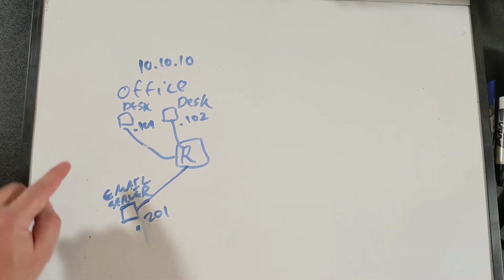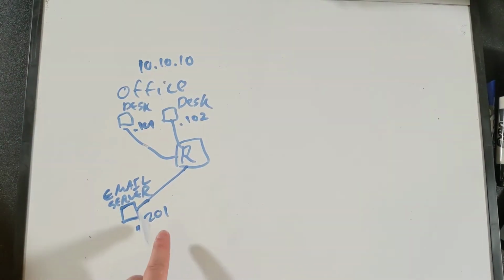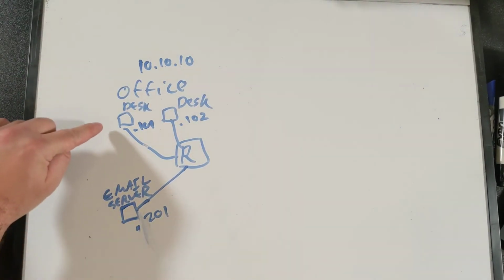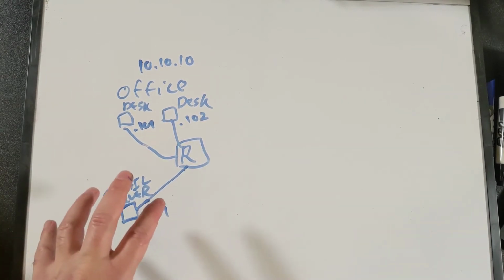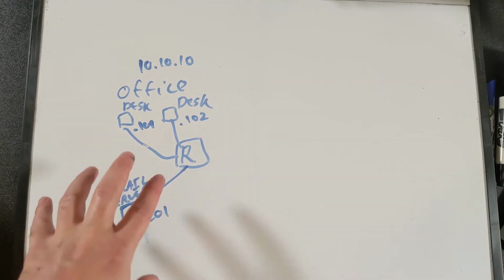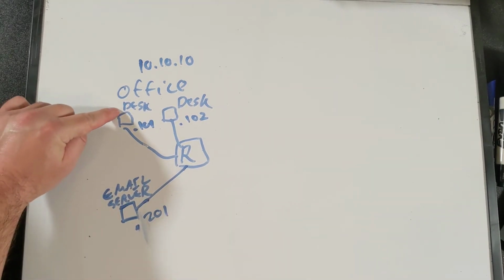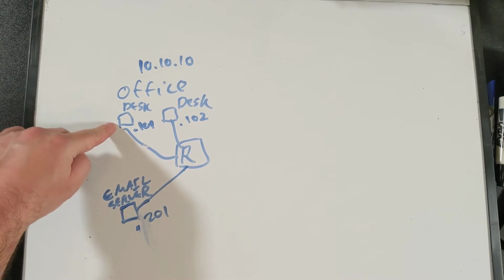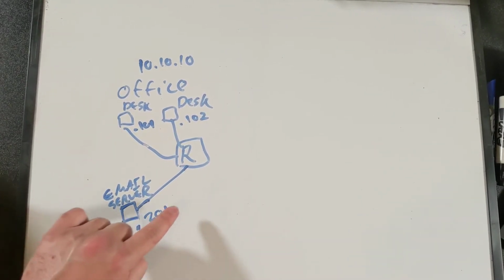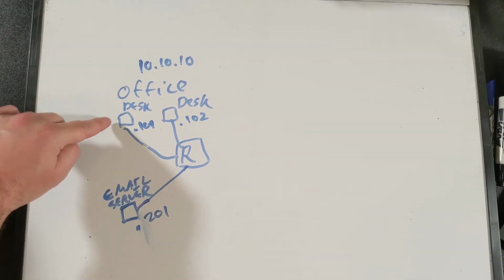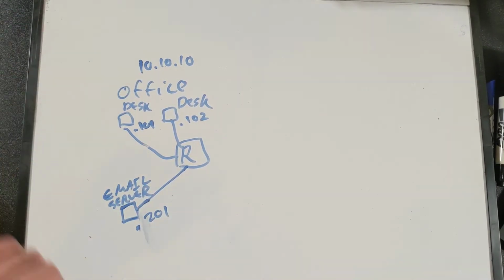And that email server has an address of 10.10.10.201. And so if people in this office want to check their email, that is an entirely local thing that happens within the local area network, or the private network here. The computer on this desk, the email client, can send a message. It'll go through the router, it'll get to the email server. The email server will send a response back through the router, and the email client here will find out if this user has any emails. Same for the other user.